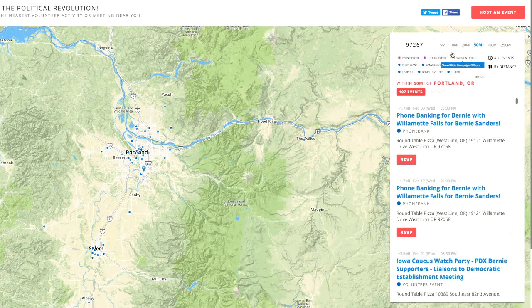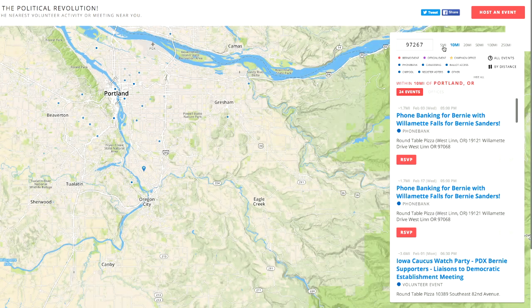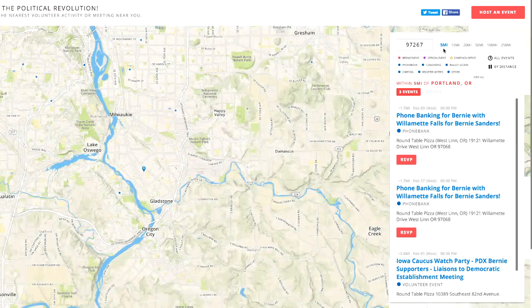So go to map.berniesanders.com, put in your zip code, and find an event near you. Look at that. I just zoomed in there, Janine, and this is awesome. I don't know if you guys can see this, but I just zoomed in. It started me out at 20 miles out, and there were lots of blue